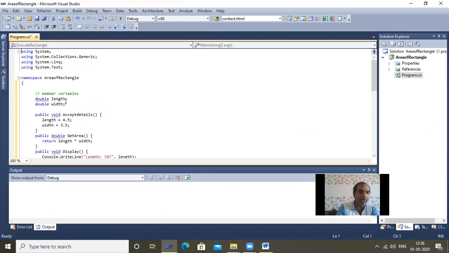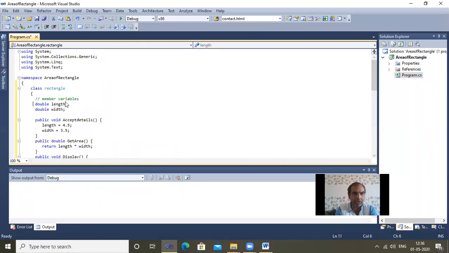First of all, we are declaring a class Rectangle. This is another class, where we declare the variables double length and double width. We use the method public void AcceptDetails, where we accept the values: length is equal to 4.5, width is equal to 3.5, assigning the values.